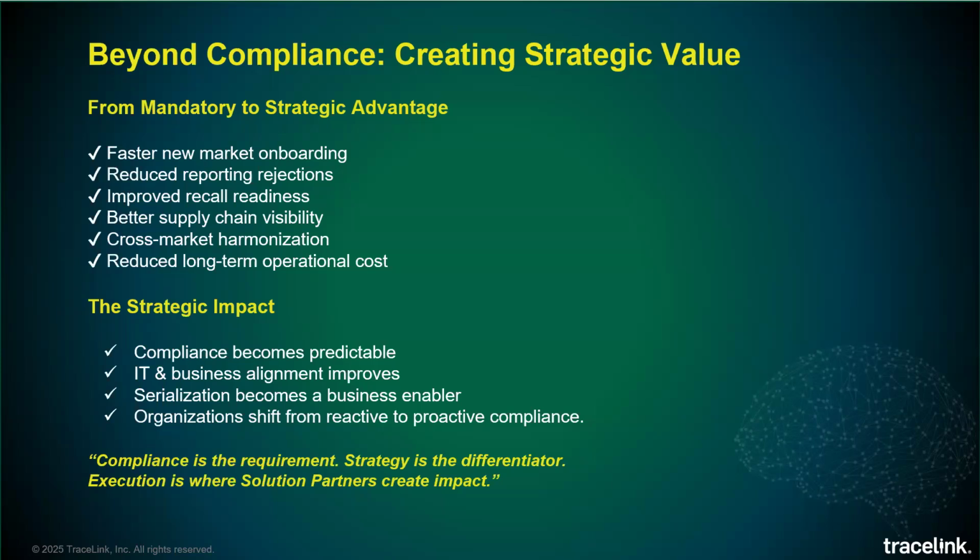Then there is improved recall readiness. Recall is something that not all stakeholders like, but if it occurs, you need to be ready for that as well. And better supply chain visibility has always been the key and will be the key in the future as well, as we move to digitalization and towards the agentic AI data orchestration model. So everyone should be thinking of improving supply chain visibility across your internal teams and also with your partners.